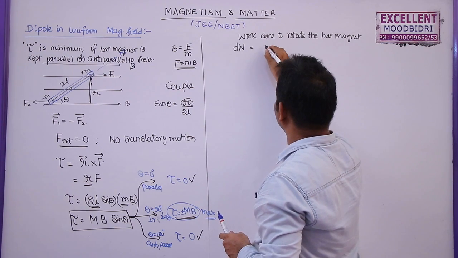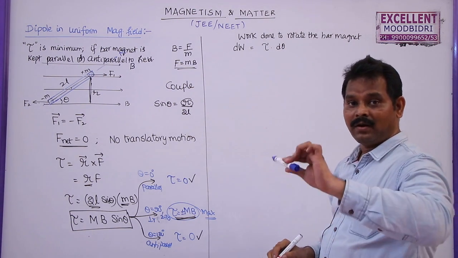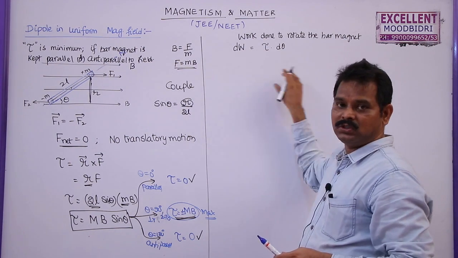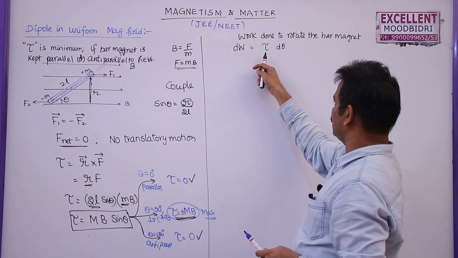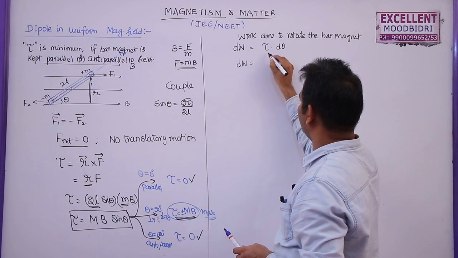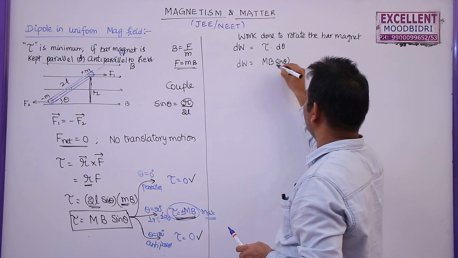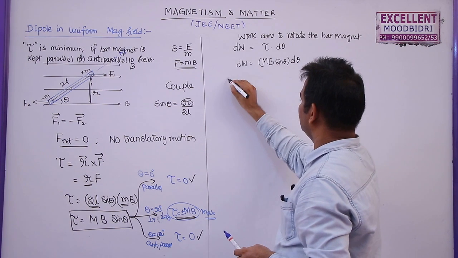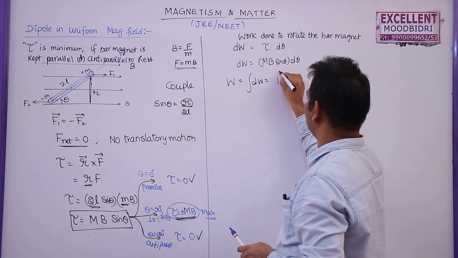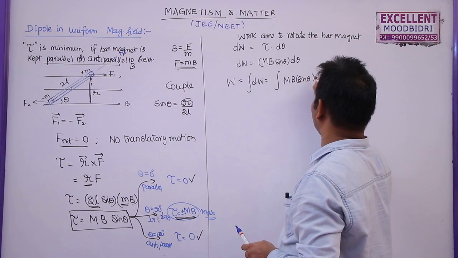So for this, I have to multiply torque with angular displacement. If the magnet is moving along a straight line, it is force into displacement. If the magnet is rotating, it is torque into angular displacement. So dW is given by torque, which is equal to mB sin theta into d theta. If you want to find the total work done, integral dW is equal to integral mB sin theta into d